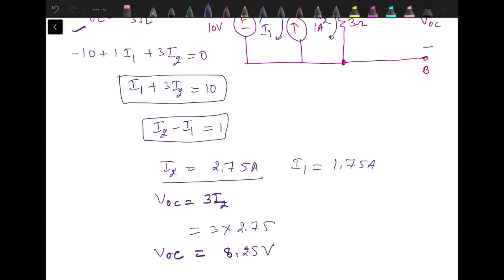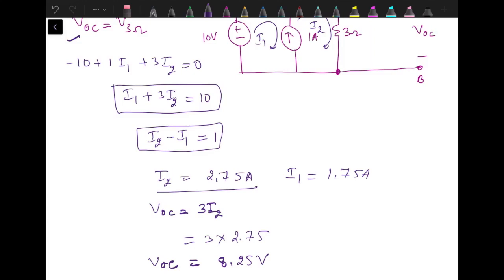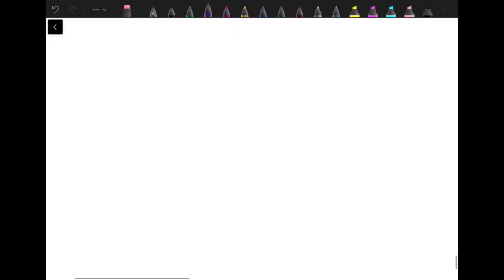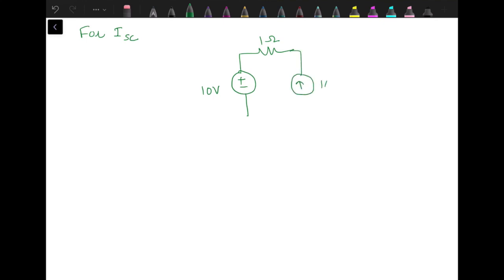Next step is we need to calculate short circuit current through the load terminals. For calculating short circuit current, we have to redraw the circuit again. For ISC, we have to replace the load terminals by short circuit. Here we have 10 volt source in series with 1 ohm resistance, followed by 1 ampere current source which is connected in parallel with 3 ohm resistance, and here we have the dependent source,